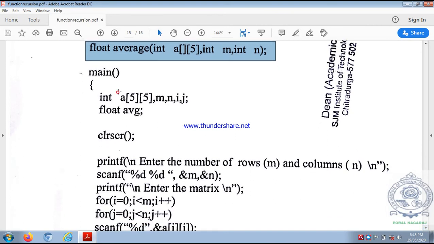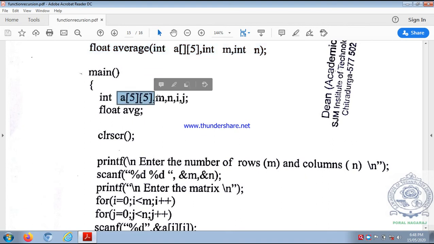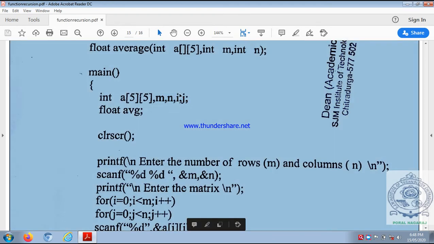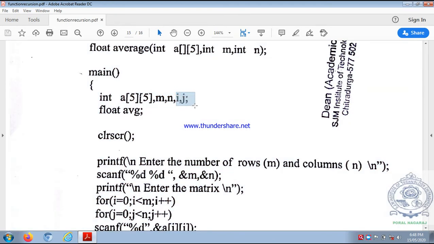That's why you have to declare a two-dimensional array a[5][5], then the number of rows and columns m, n. Because reading and writing a two-dimensional array needs two for loops, i and j are the two for loop variables, all of type integer. We have to calculate the average, so we take one variable avg of data type float.